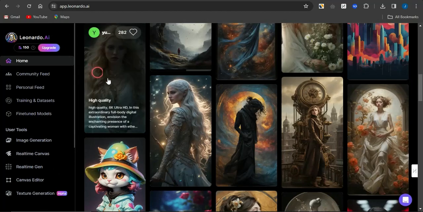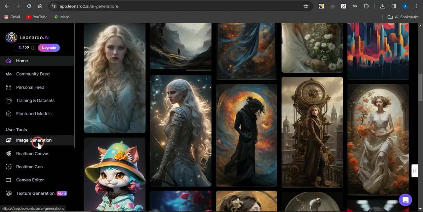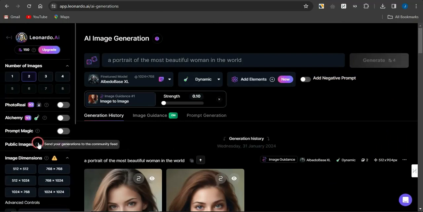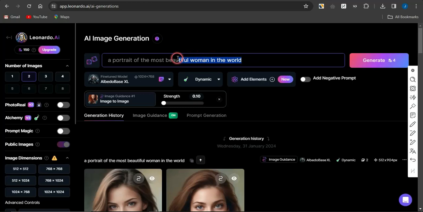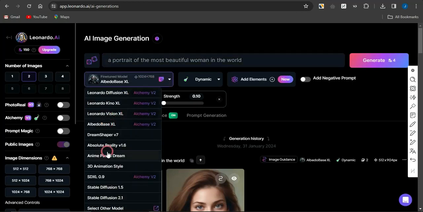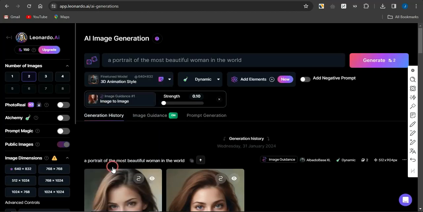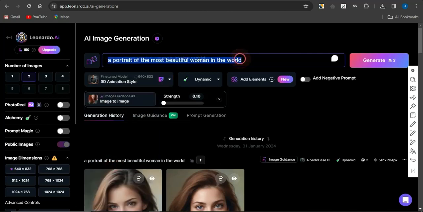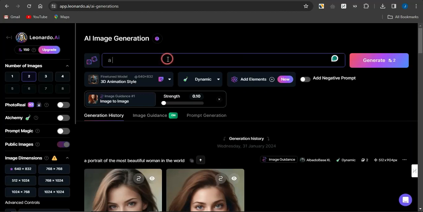Maybe you could come onto this image section, which is the image generation section. While on this section, guys, all you need to do is come right here and type in a text prompt. Maybe I can change this fine-tune model to something quite cool. Maybe I can select the 3D animation style, since I want to create something similar to 3D. So what I'm going to do now is change this text prompt. I'm just going to type in something like a cyberpunk hamster, a cyberpunk hamster holding a gun on the streets of New York.